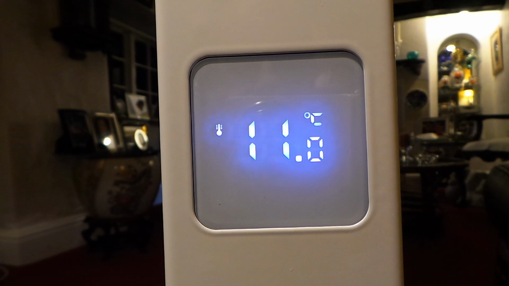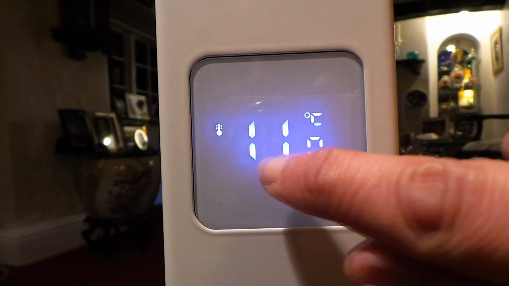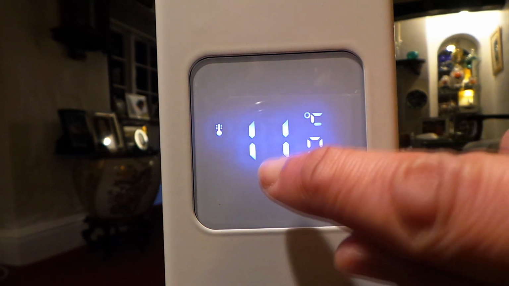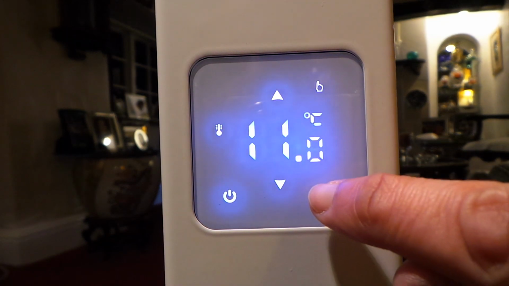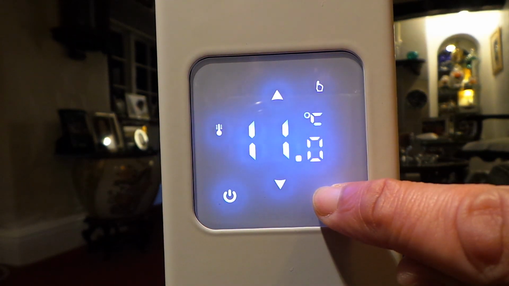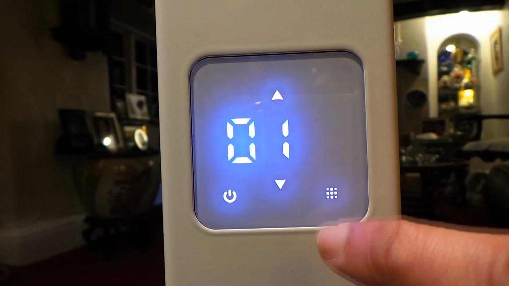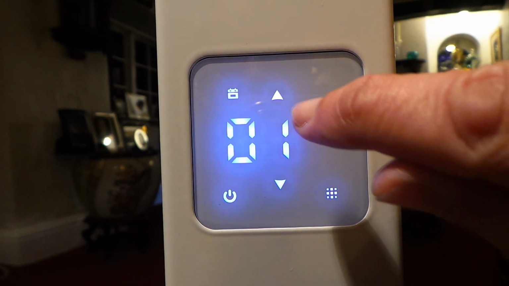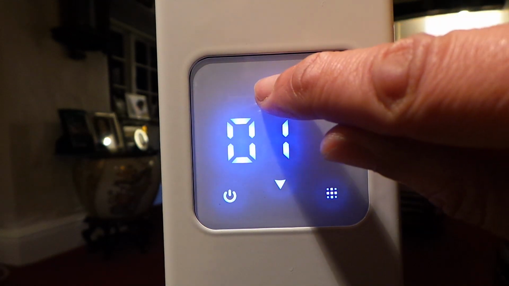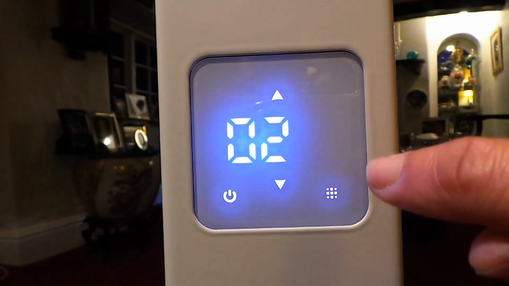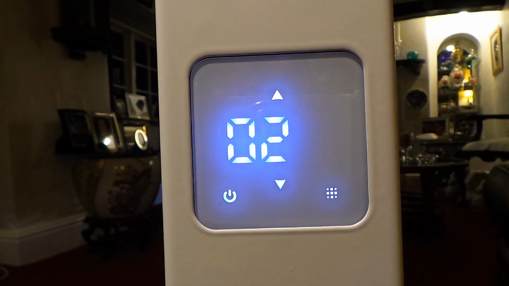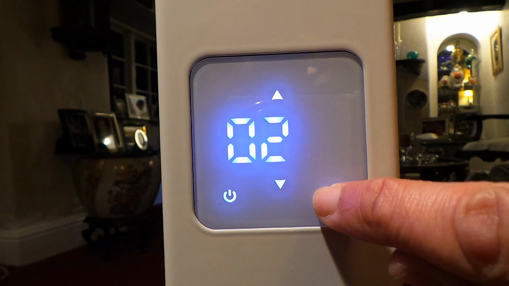Let's now program the thermostat times, and we can do that again by making sure that we're in the default controlling mode. We can wake the display, and press this menu button for a few seconds until the menu options appear. Now instead of 01, which we used for setting the clock, we're going to go to option 2. Once we select option 2 and the A icon flashes, we can press this menu icon again,